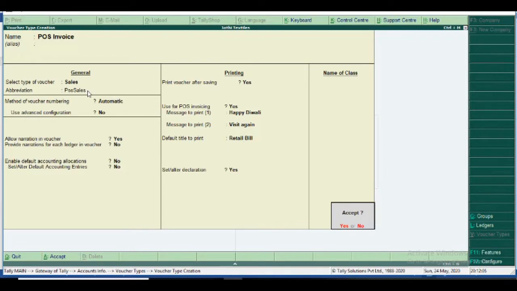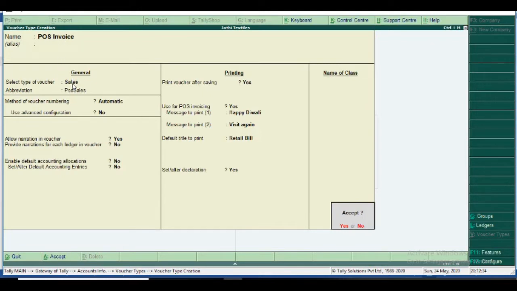So I print message 1, message 2, and then we maintain the retail bill, wholesale bill, for some administration purpose. And then we have more types of sales subtype vouchers, so the acronym is very important. POS sales is a short form of POS invoice. The main thing is the name for identification only, so not only POS invoice, POS bill, anything you type, it's not a problem.